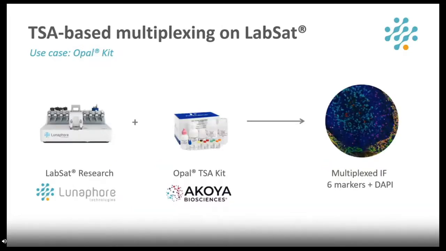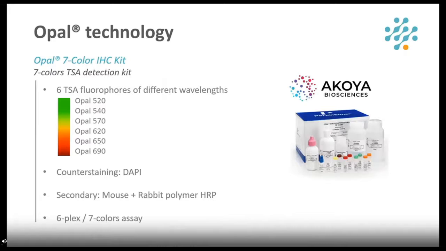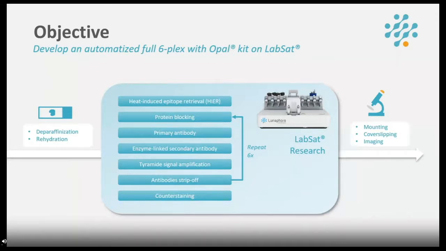The TSA kit chosen for this project is the widely used Opal kit from Akoya Biosciences, and the goal was to adapt these reagents to the LabSat system. We used a 7-color manual detection for 6 markers plus counterstaining with fluorophores of excitation wavelengths ranging from 520 to 690 nanometers. So our objective is to automatize a full 6-plex using the Opal kit,